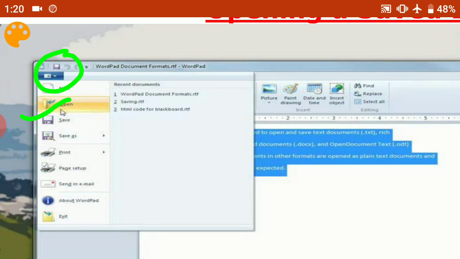The Open dialog box will appear. Click on the name of the file that you want to open. Then click on Open. The file opens in the WordPad window.